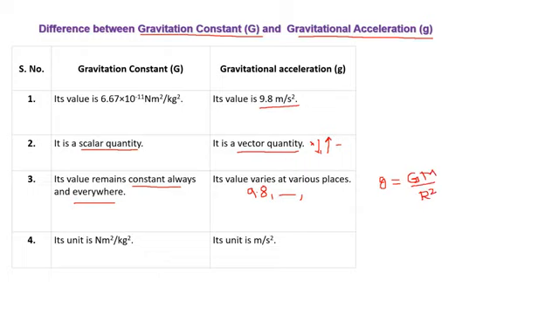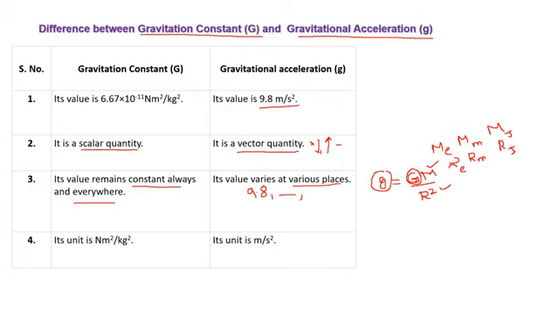Now, in the case of earth, the mass of the earth will be different, the mass of the moon will be different, the mass of Jupiter will be different, right? Even the radius of earth, re, will be different, the radius of the moon will be different, and the radius of Jupiter will also be different. So you have seen, if these quantities are different, even though capital G is constant, the mass and radius of the celestial body are different, so definitely the value will be different. So it varies according to the place.